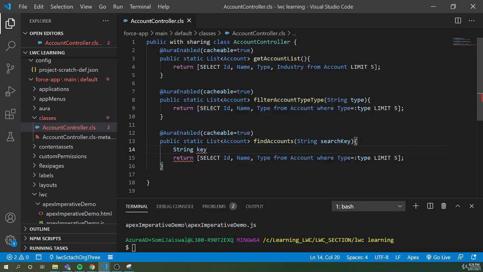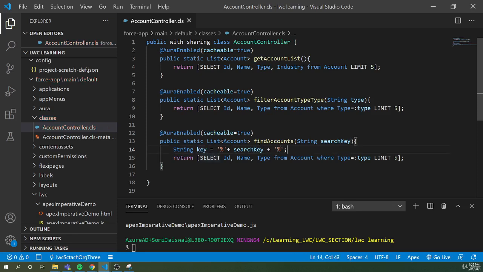The key equal to percentage plus search key, and